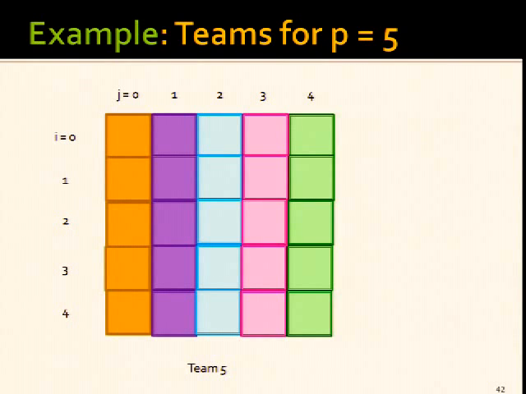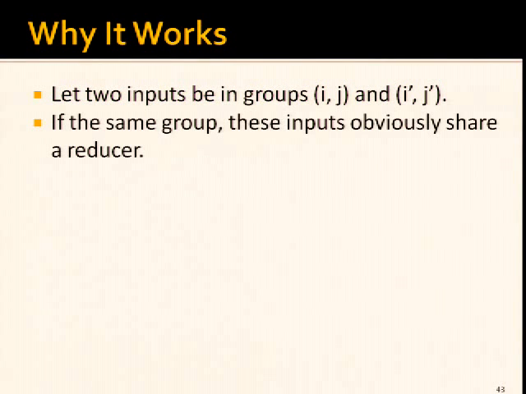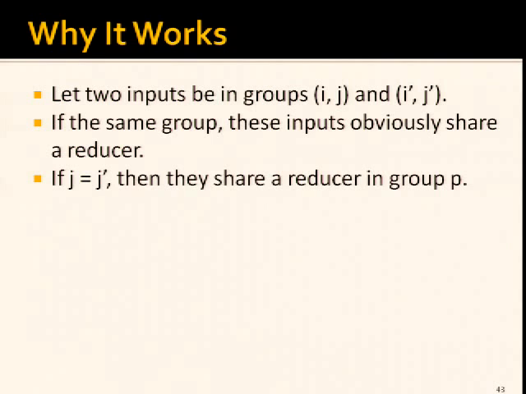Now, what I would like you to have noticed from those pictures that flash by is that for any pair of the 25 groups, they have the same color in exactly one of the teams. Well, I'll leave the slide so you can check it out later. Anyway, here's an argument as to why it works. Suppose I have inputs in 2 of the groups, say ij and i prime j prime. Again, remember the groups are arranged in this nice square. If they're in the same group, then obviously they'll go to some reducer in common, so that's not a problem. Now, if their column numbers, j and j prime, are the same, then